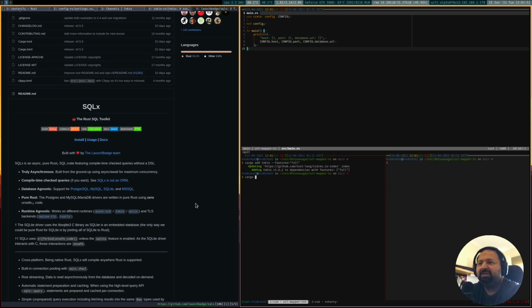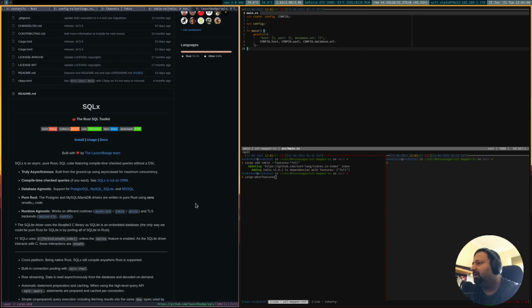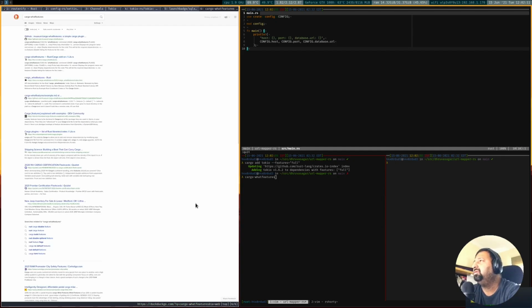Another minor interesting tip would be, there is a utility called cargo-whatfeatures, I think. We should be able to get to the actual repo.